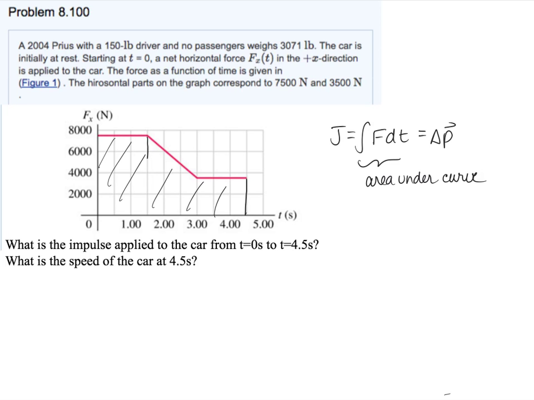I divided it into four parts. This is part 1. Then I did a triangle here, that was 2. Another rectangle, 3, and 4. I could have made it one big rectangle, but I think I just forgot to do that. So we want to find all those areas. Area 1, we're told that the height of this right here is 7,500 newtons, so it's 7,500 newtons times 1.5 seconds. Then area 2 is 1/2 the base